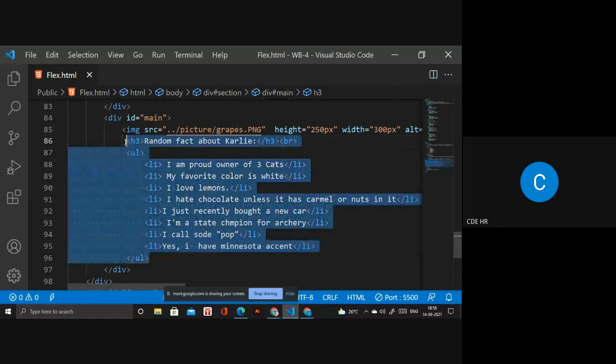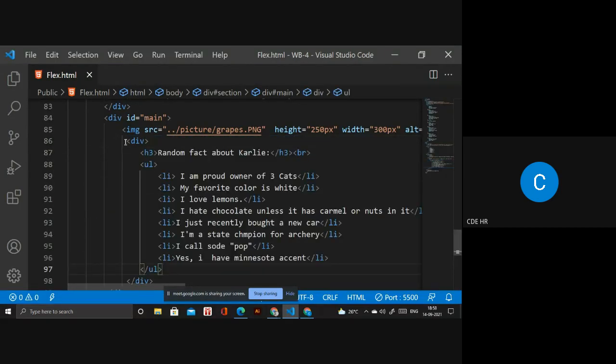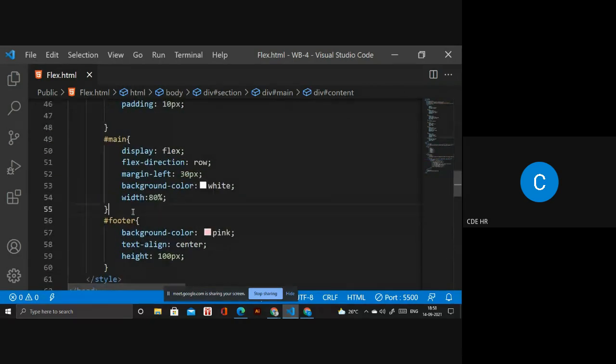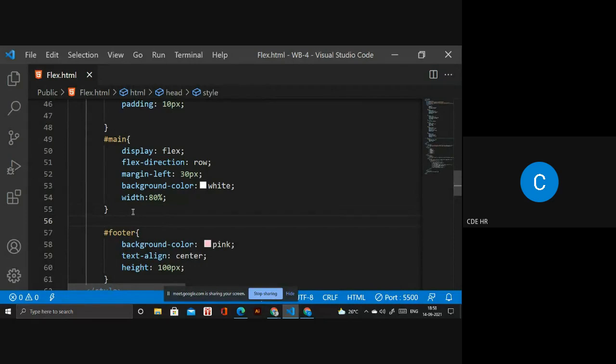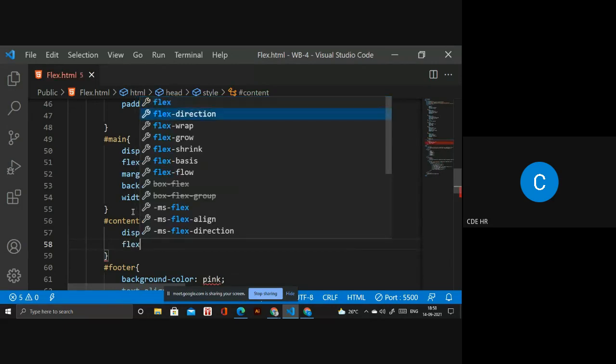You have to write in the div, inside the div you have to paste, and give that particular id as well, content. Copy that id name, and I will go there. In that main we have filters inside, and display flex, not inline, and require display direction column.